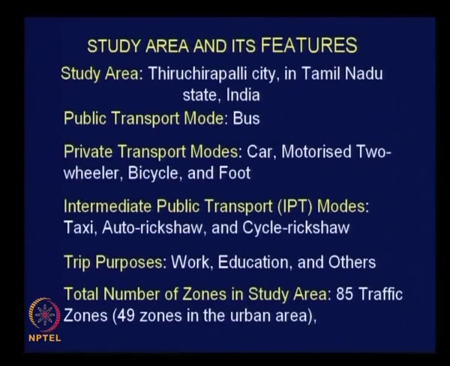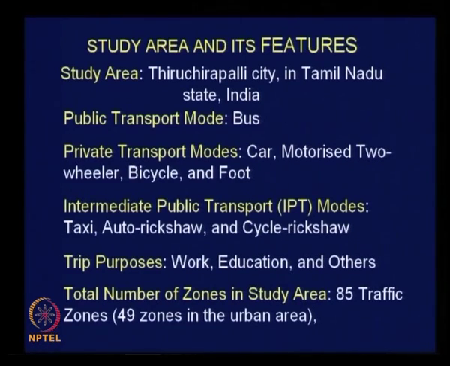It was only 6%. 49 for work, 45 for education and just 6% for all other purposes, as far as this particular city is concerned. And the total number of traffic zones in the study area was 85